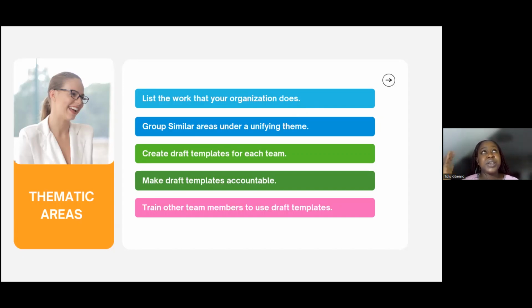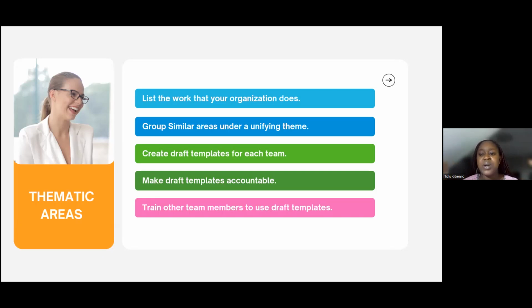So it's important that you create systems and structures when you're having a little bit of downtime, or you're having an even pace in your organization or social enterprise. So how do you go about this? You want to start by listing out the work that your organization does. So you look and you see, oh, we have an advocacy project, or we have 3 research projects ongoing, or we have 7 capacity building projects ongoing, or we have 1 project implementation project ongoing, or we have 2 or 3 policy implementation projects ongoing. You want to list those out, right?